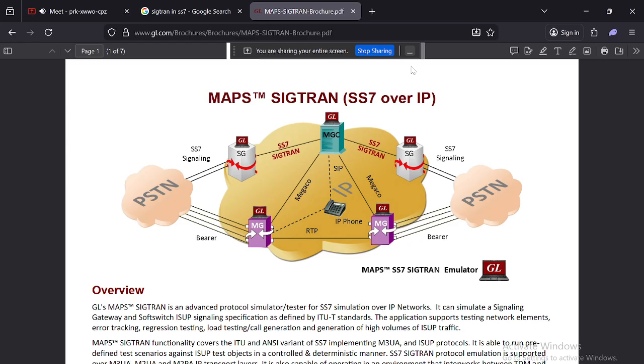What this SIGTRAN will help us solve is any type of problems in SS7. It encapsulates SS7 messages in IP packets. Like when you are doing a Wireshark packet capture, it also encapsulates. It also captures the IP packets with whatever you are listening to. So through VoIP you can listen to anything. Very simple way. Maintaining reliability and ordering also, allowing flexible routing over a modern network also.